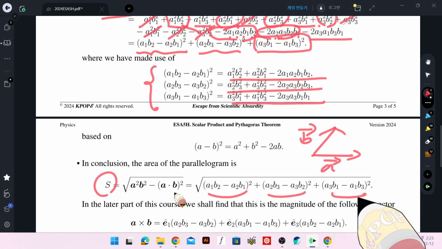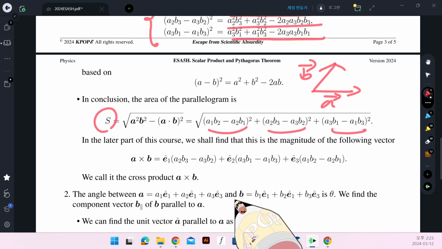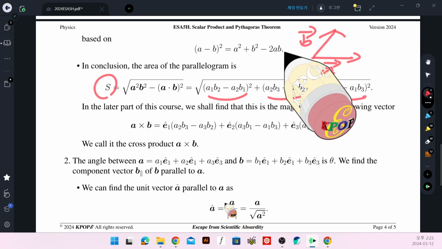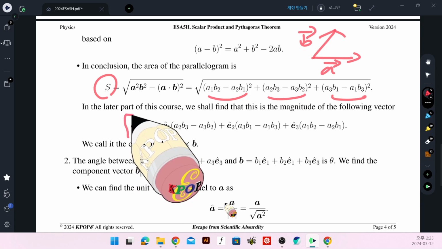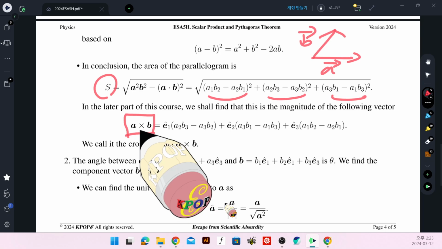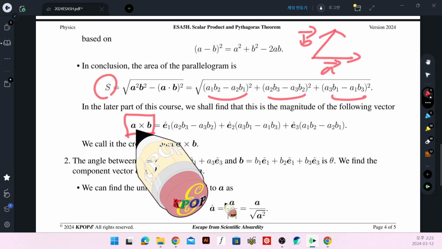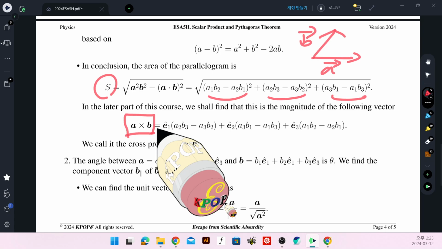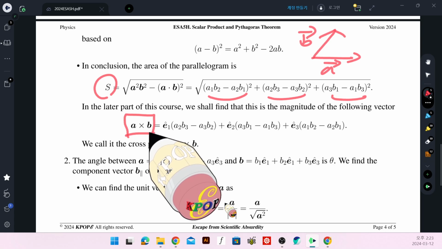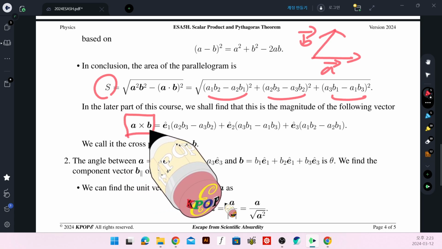So it is straightforward to define a special vector that is perpendicular to both A and B. The reason why we say this A cross B is perpendicular to both A and B is